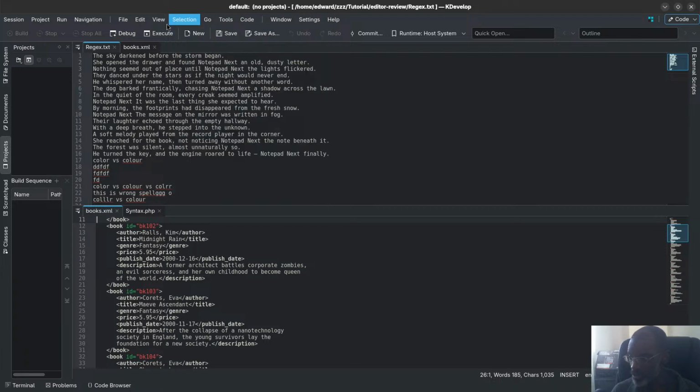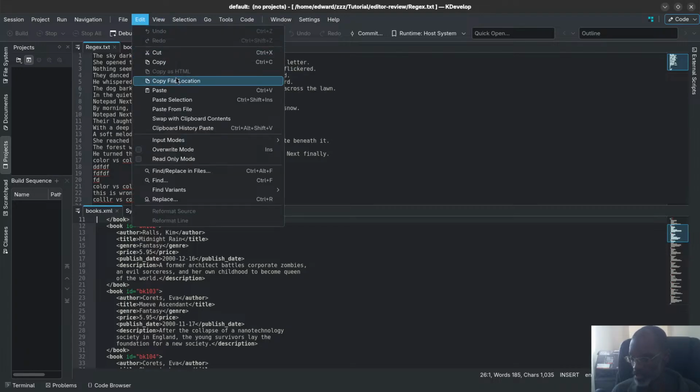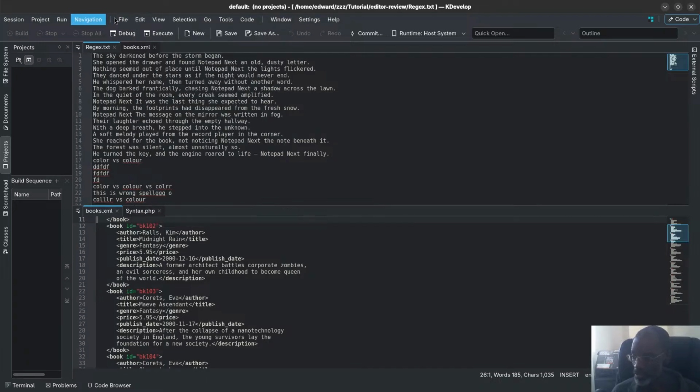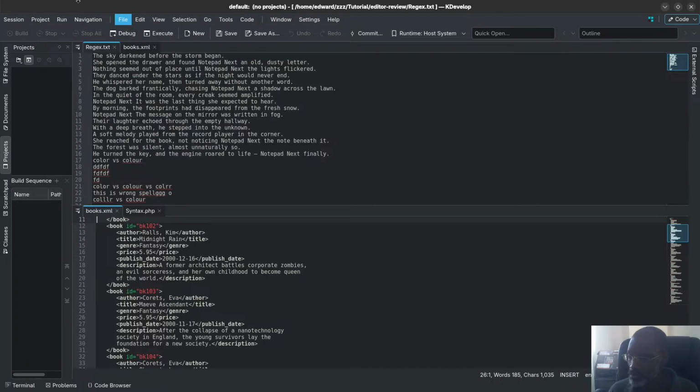Format indentation, view. You can shrink font. Sorry, so it has dynamic font zoom. You see word wrap here. I enabled it. Okay, and then under edit, the usual copy, cut, paste. Then you can also find and replace in files. Find variants, replace, and then you have file where you can new, open, print, the usual stuff, export, and then